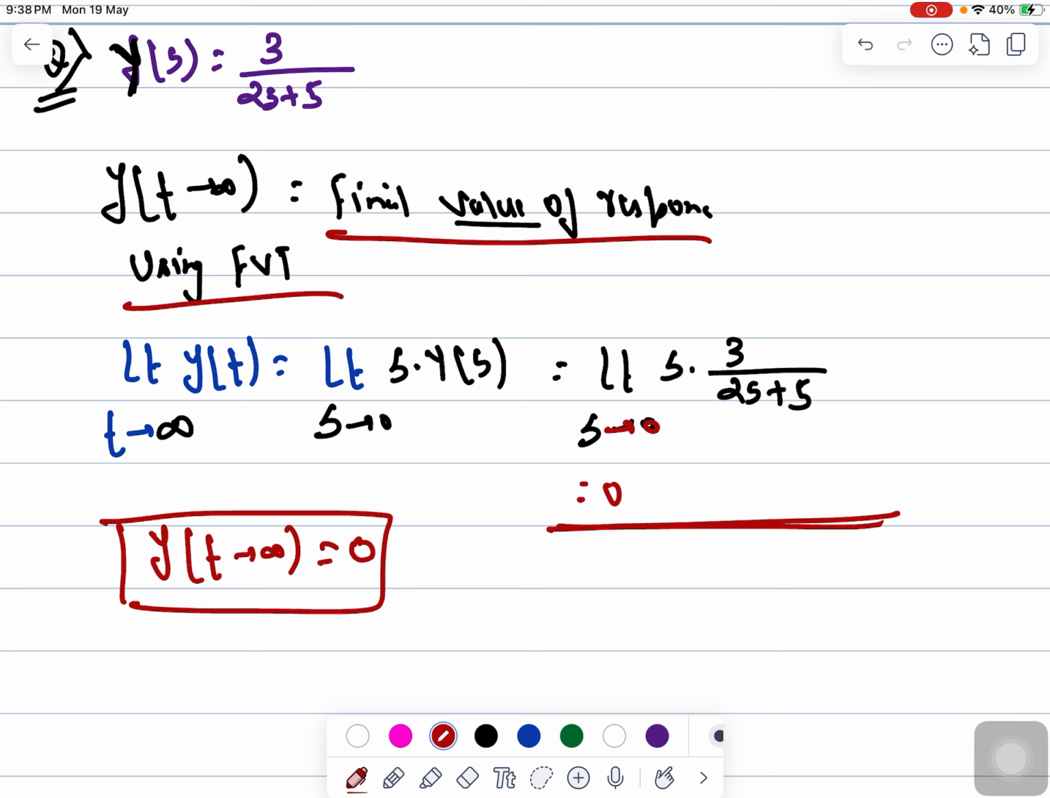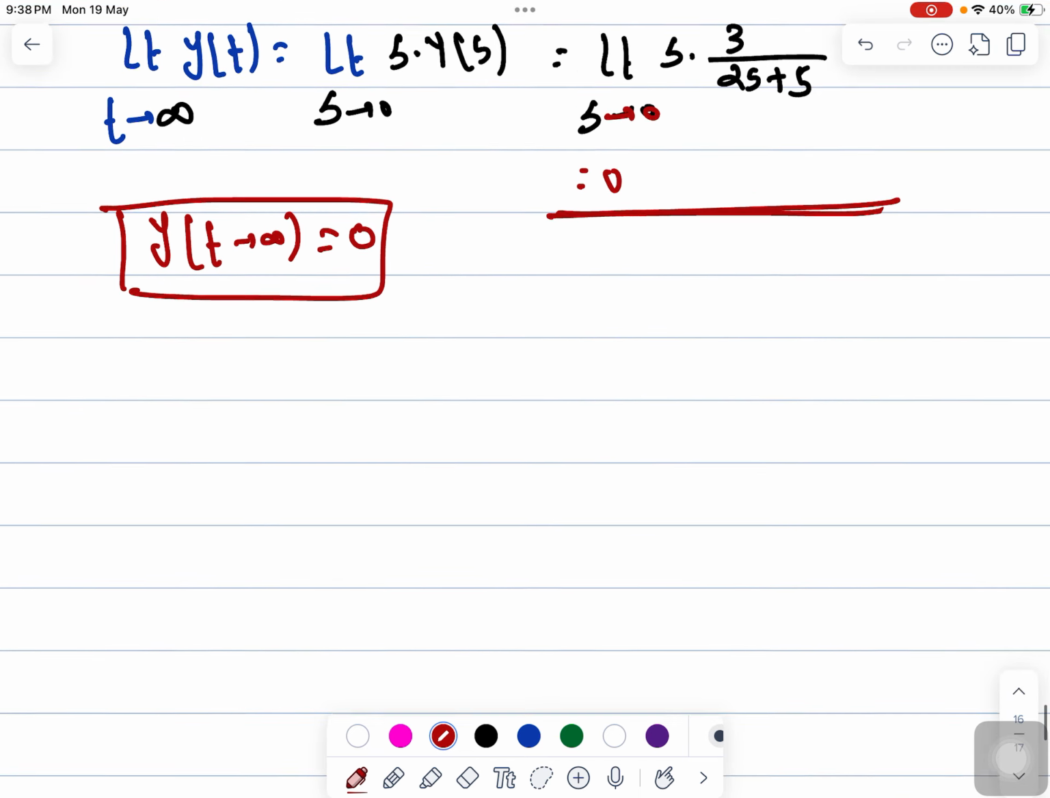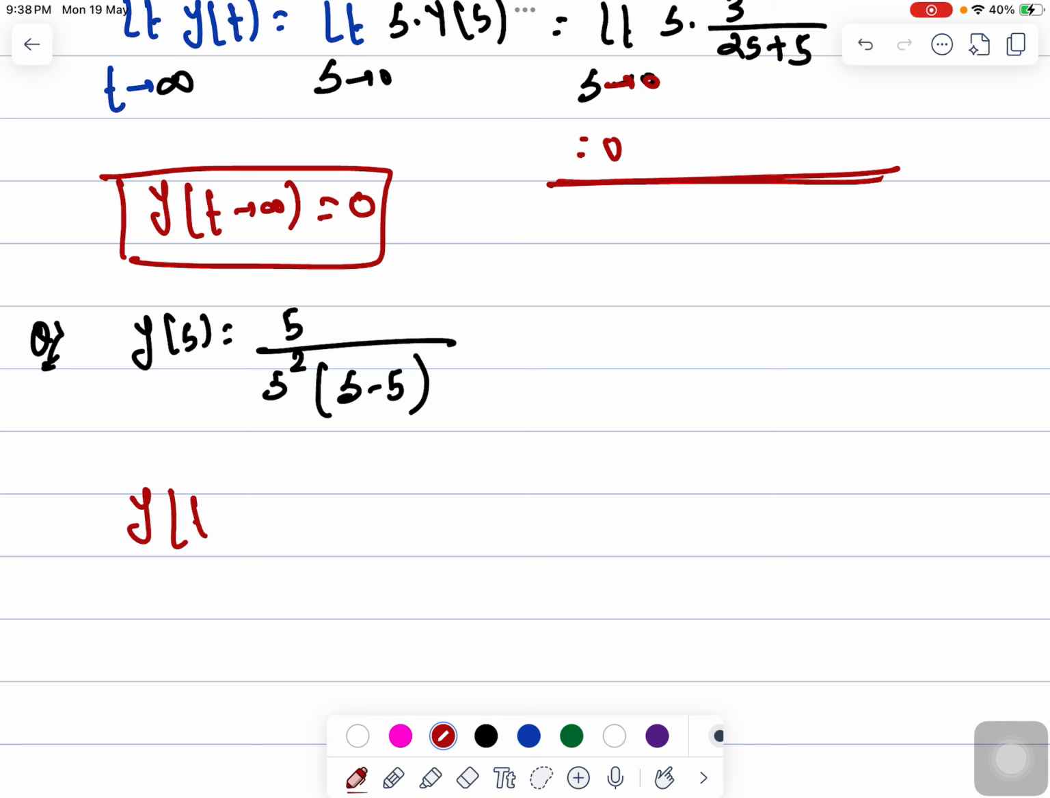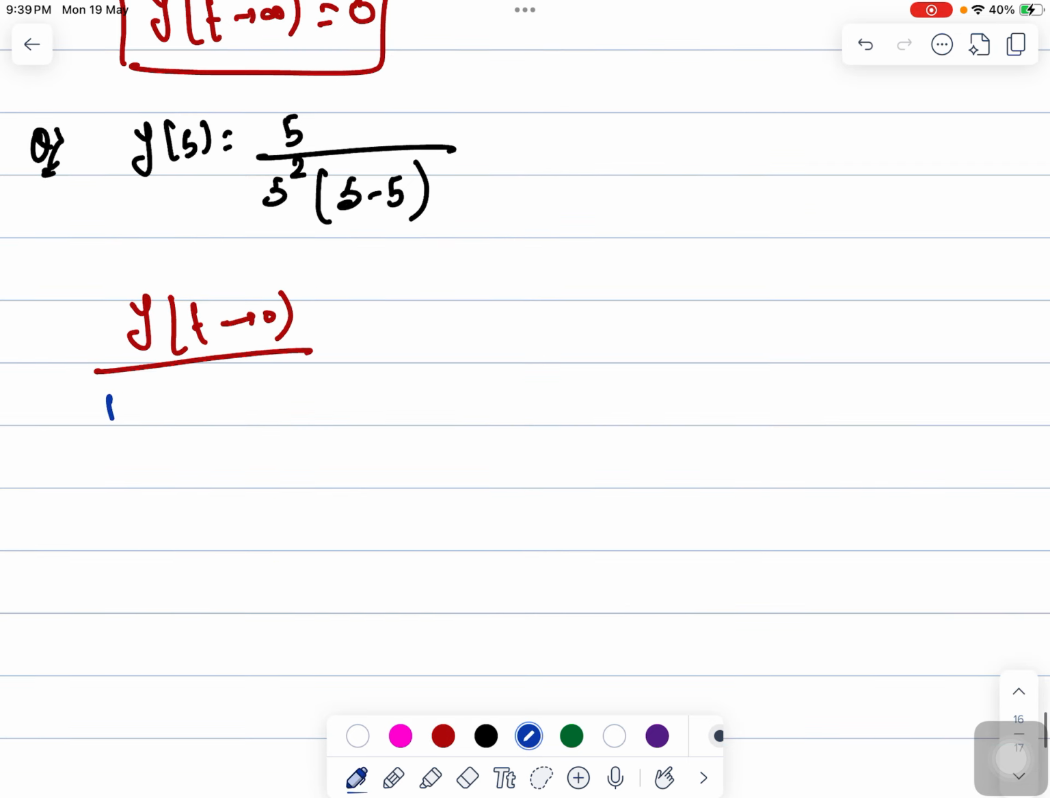So this is one part of the question. Another thing, let's try to understand how we can use the initial value theorem. That is also important. Let's say in another problem you have Y(s) given as 5 divided by s squared into (s minus 5), and you are supposed to calculate y(t) as t tends to 0. Now, using the initial value theorem, what you can see is that